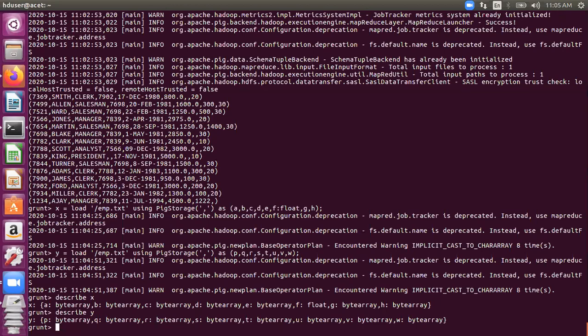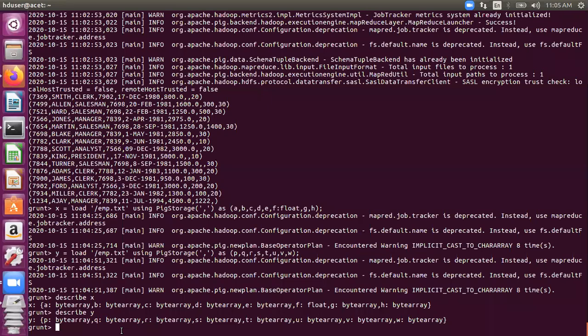Okay, so if I pick up one copy as x and one as y, what should be matching from x with y? Can somebody tell me this? Which column of x should match with which column of y? The query is simple, I think. This is A in relation X, and this column is S in relation Y. So you need to join these.